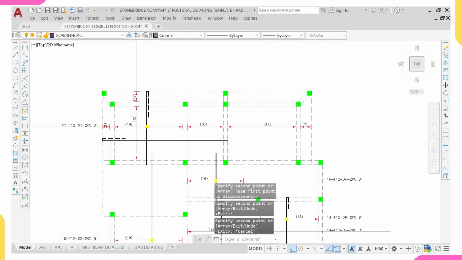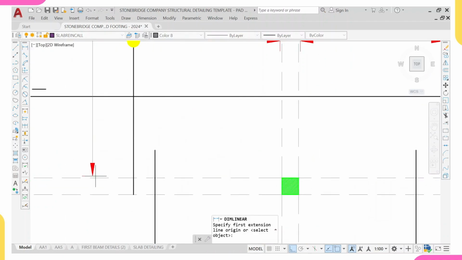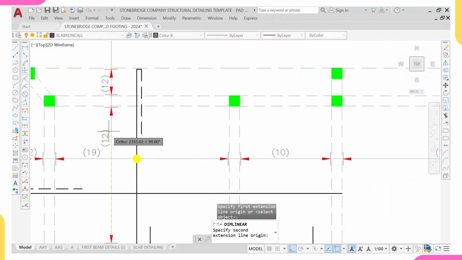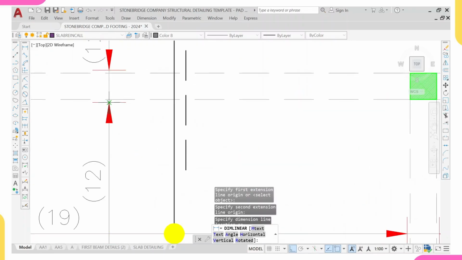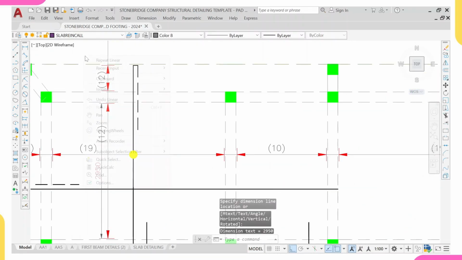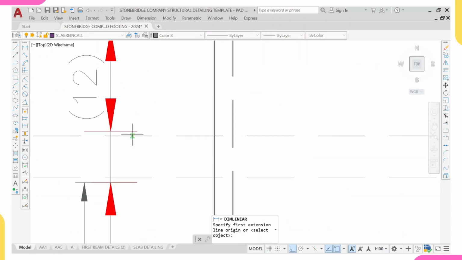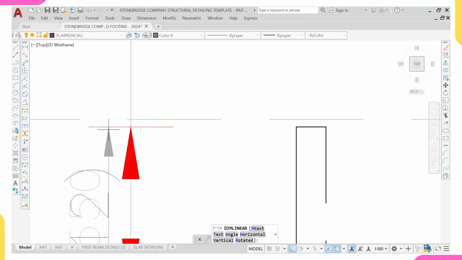So remember, we want dimension to know the number of bars that will run from this point to this point. So we'll click on our dimension. Then once we click on our dimension, we'll come over to this point. What's the length from here to this point? So I'm having from here to here 2950. Then I'll click on linear again. I'll click on from here to this point. I'm having